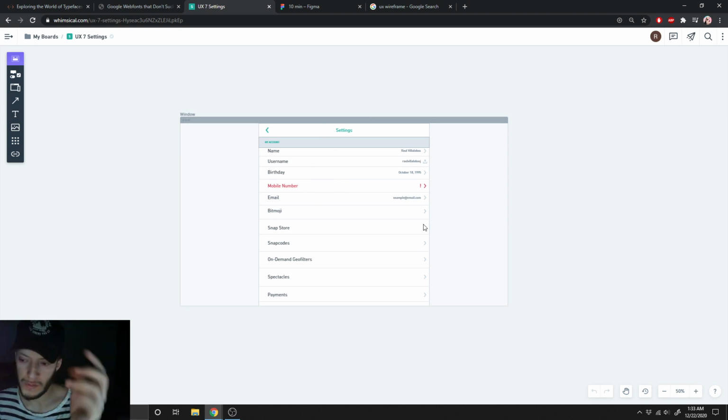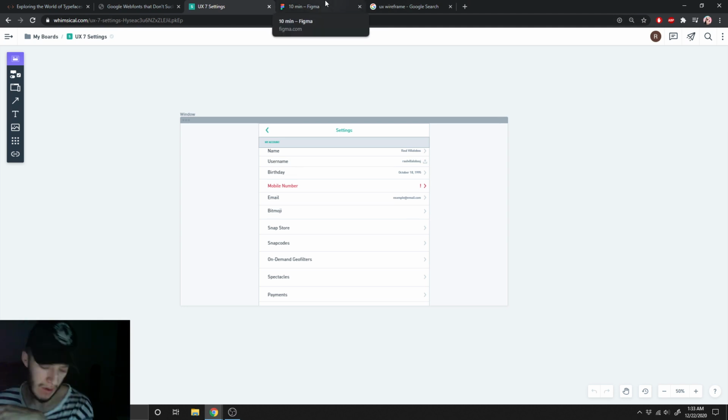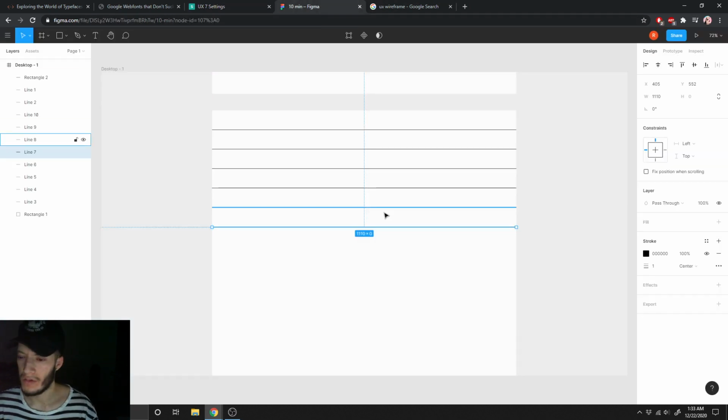So for settings, I'm doing Snapchat settings, and from what I know, there's no Snapchat settings on desktop. So I was like, what if there was? So I did a desktop mode, and so that's not like an OG idea. You know what I'm saying? It's like it's already there. Yeah, that makes any sense. Anyways,